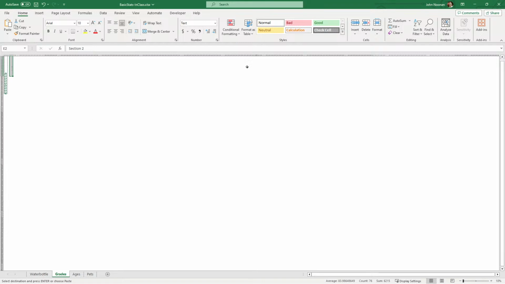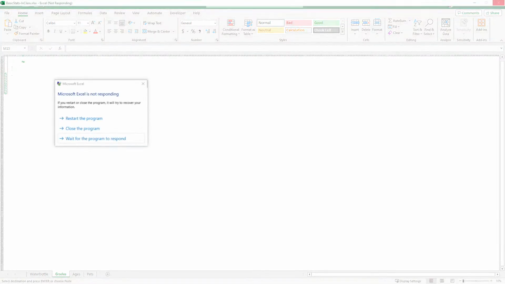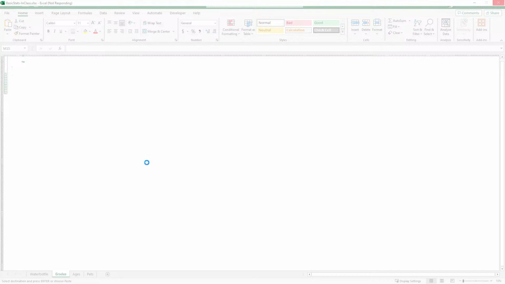Whoops, what just happened? Okay, I think I'm good now. Why is it doing this to me? You can use the zoom in slider in the bottom right. Well, but I've got the circle of death. Okay, I'm going to force it to quit. Come on.